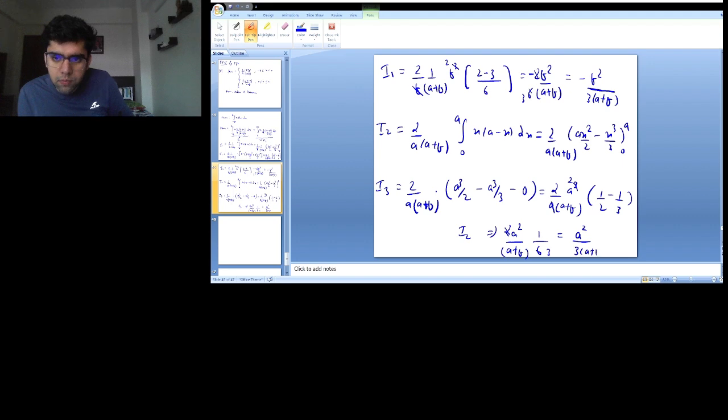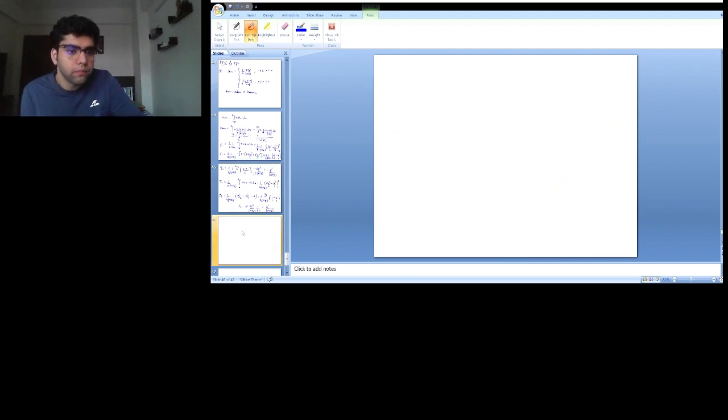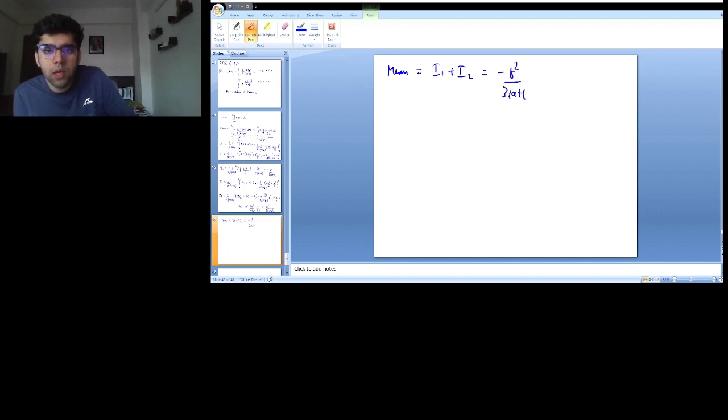and this becomes 2 and 6 goes away, I'm left with 3 in the denominator, this becomes a square upon 3 a plus b. Now I need to add both of these. So my mean is I1 plus I2, and my I1 was b square upon 3 a plus b, and I2 was a square upon 3 a plus b, so this gives me mean as